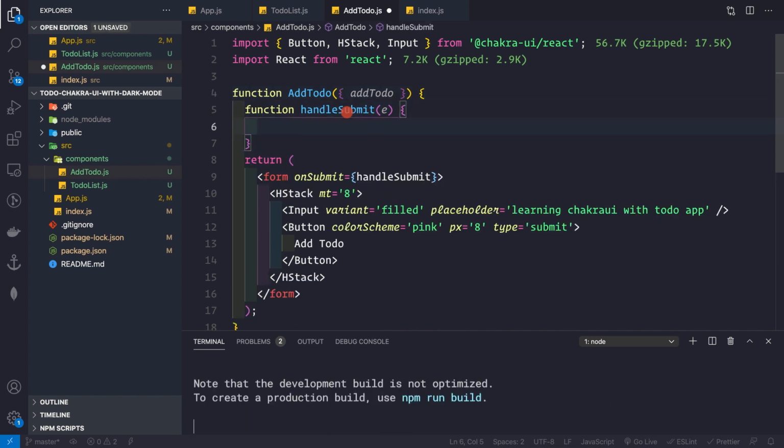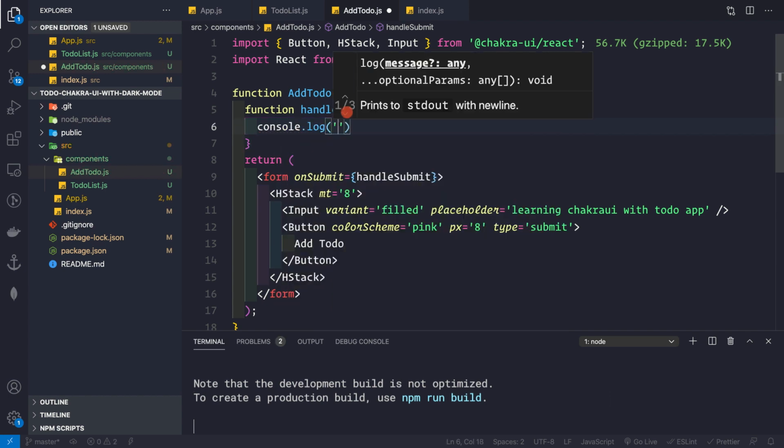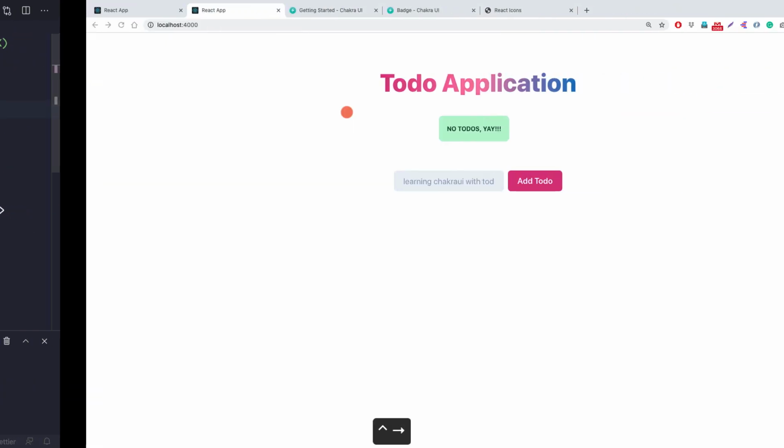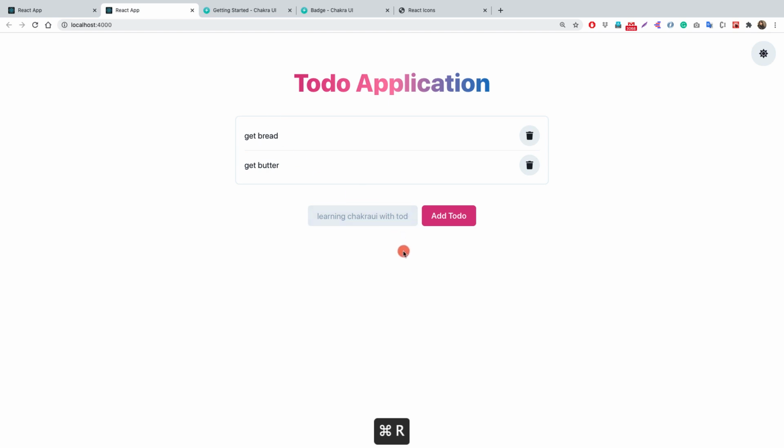And now once someone would click on the form, we can simply make a log statement here, that is console.log, that is 1, 2, 3. So if we save this, we go back, and if we reload the page and if we submit the form,